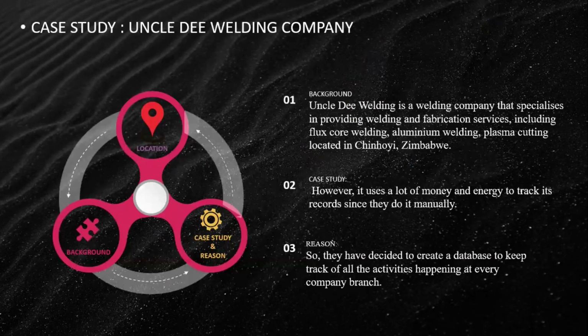So, case study. I'll be focusing on Uncle D Welding Company. Uncle D Welding Company is a company that is situated in Chinhoyi, Zimbabwe. The company specializes in providing welding and fabrication services, which include flux core welding, aluminum welding, plasma cutting, and so forth. The company deals with a lot of people and things, which include employees, machinery, clients,